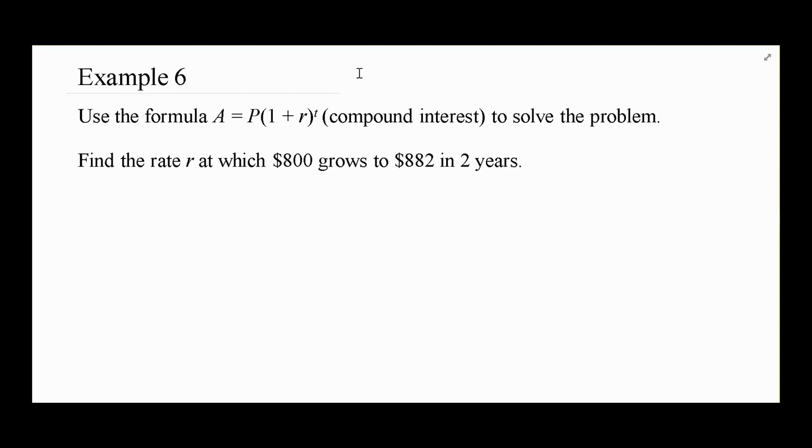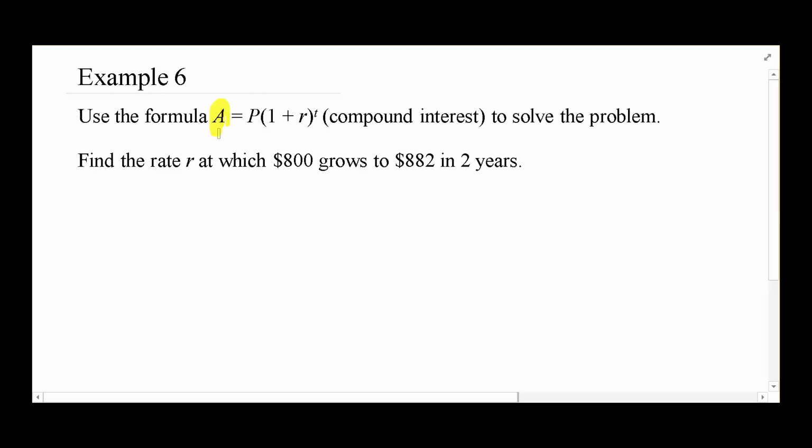So this is a compound interest problem in which we're given the formula for compound interest, and this is compound interest that's compounded annually. Later in the semester, we'll get into a more complicated version of compound interest. But compound interest basically means you get interest compounded on your account, but then the interest just automatically gets put into your account, so that the next time the interest would come up, you have more money, and you're getting even more interest. That interest goes back in your account. Next time you get interest, you get even more money. And so we'll get into the full formula for it later, but for now, we're looking at A equals P times 1 plus R to the T, where A